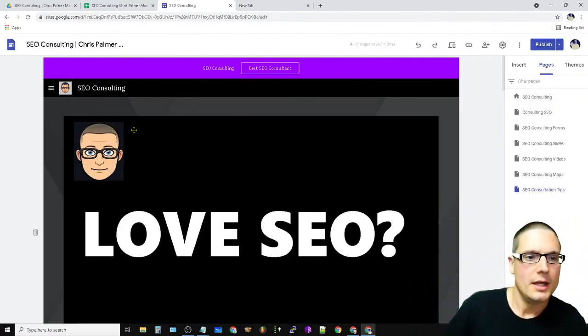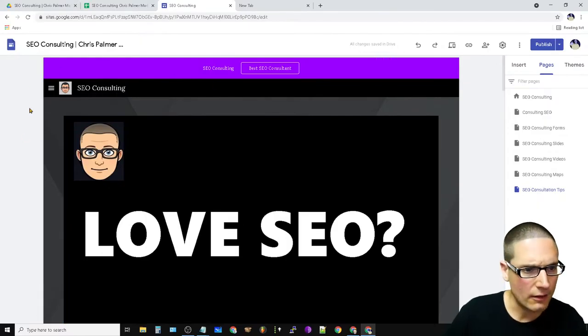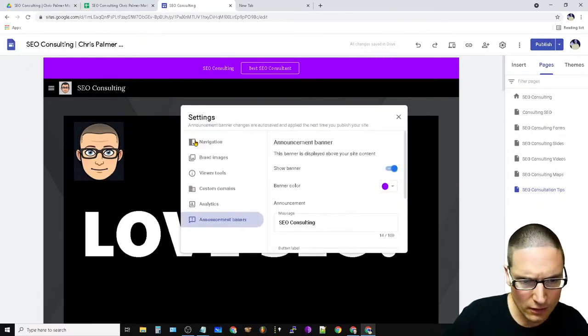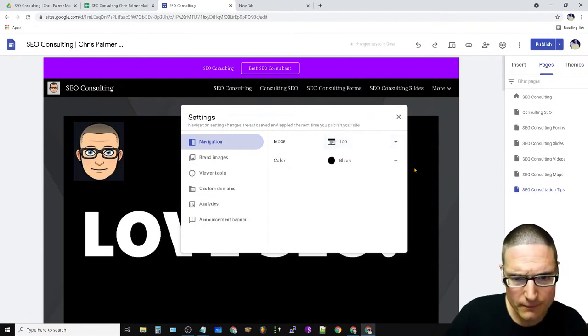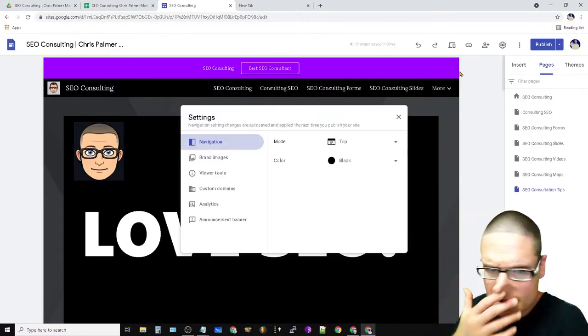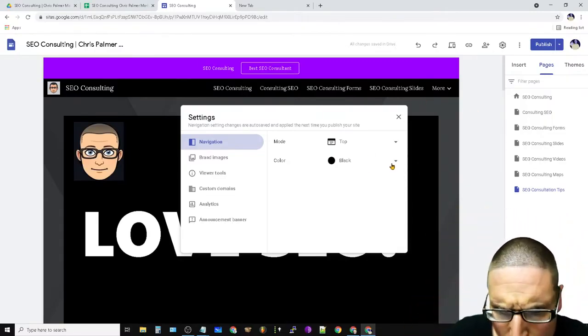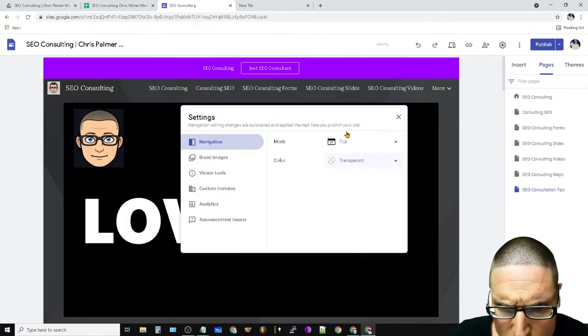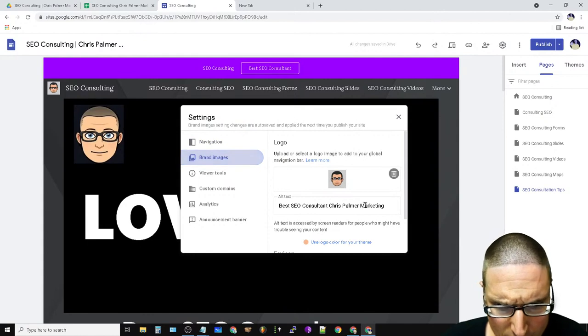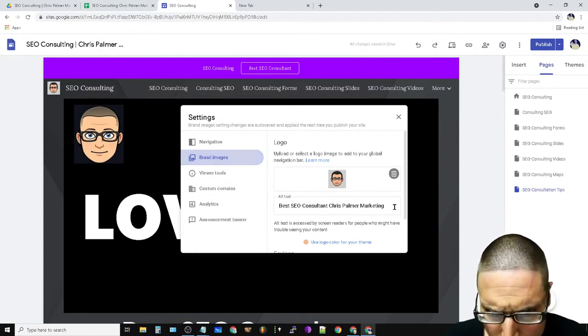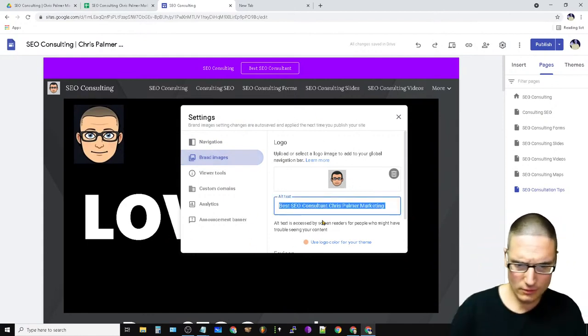Okay, now let's talk about the layout here. So this up here, navigation, top. Okay, so we have that up at the top. The colors or whatnot, this stuff doesn't matter.